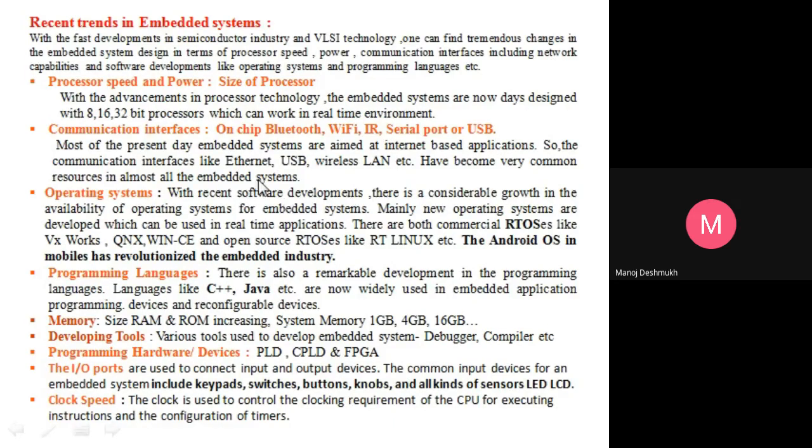Based on the requirement, whichever components you want to select and interface, based on that you have to select the various operating systems. Most important is RTOS, and VxWorks, QNX, WinCE. A variety of applications are there, but you have to choose what you require. Some Linux is there, Windows is there. Programming languages, here only two are mentioned, but now Python is also important as concerned to IoT, Internet of Things. So take down all these parameters. I think this is completed. Recent trends.